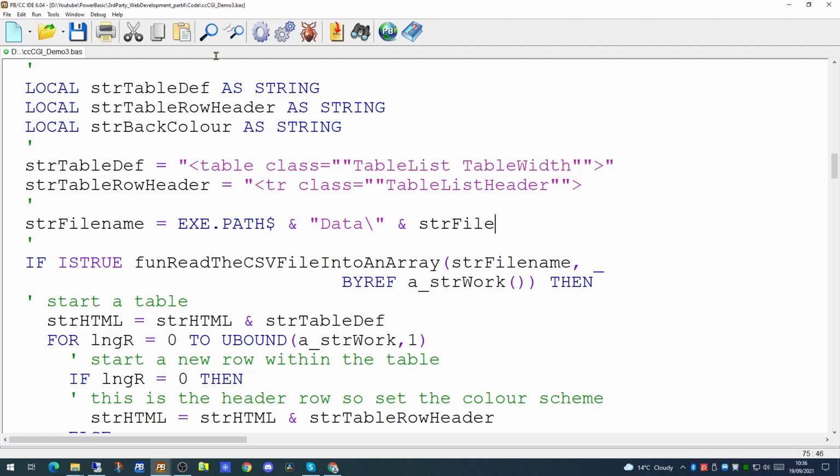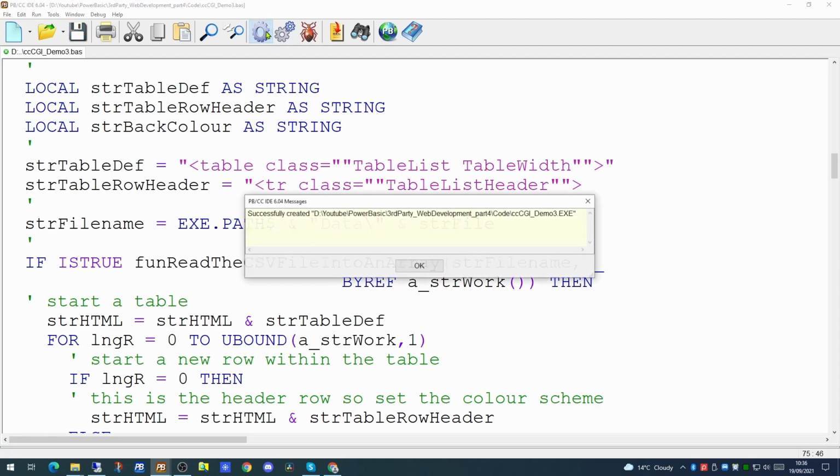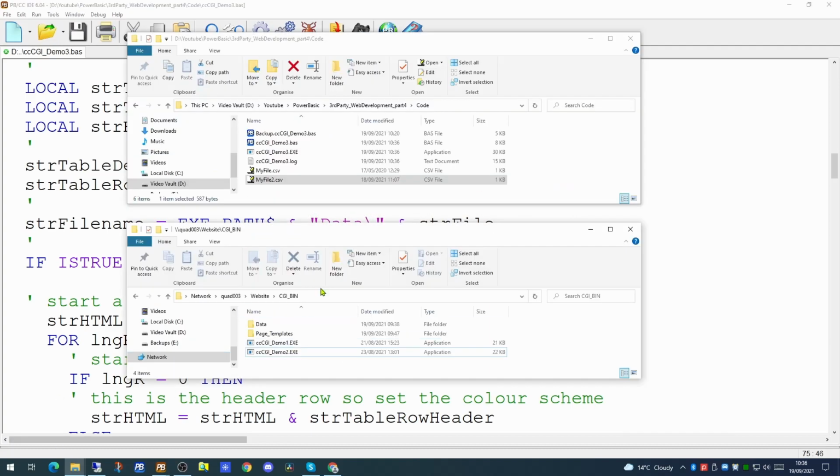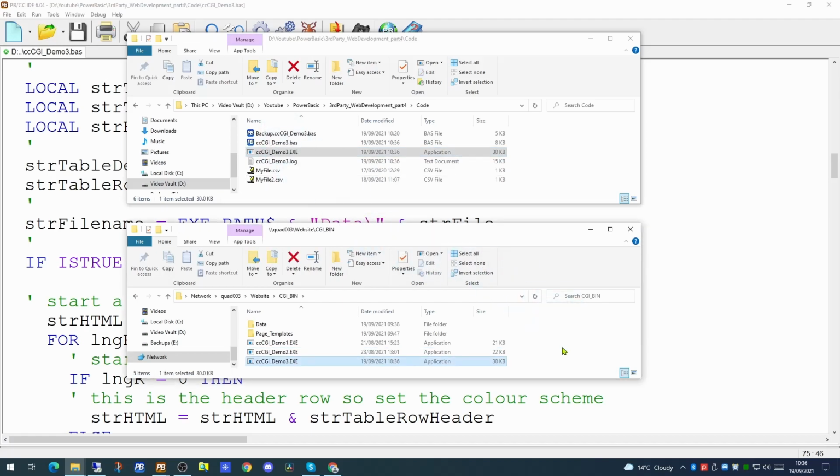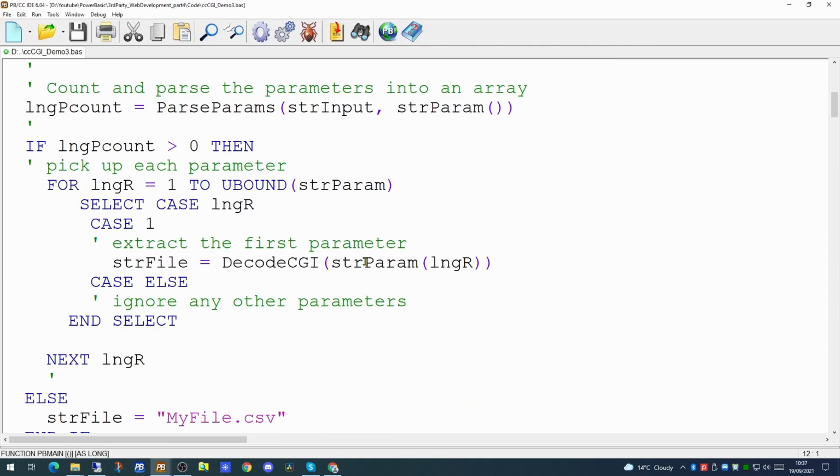So let's just compile it to make sure we haven't made any errors. And it compiles quite cleanly. So if we take our new Demo 3 application and we copy that onto the website. And in our data folder, I have already placed the myfile2.csv. This is the new file we're going to call. Now the application as it's set up at the moment will accept either no parameters, in which case it will default to myfile.csv, or it will accept a single parameter, which is going to be the name of the file to display. So if we go into our web browser